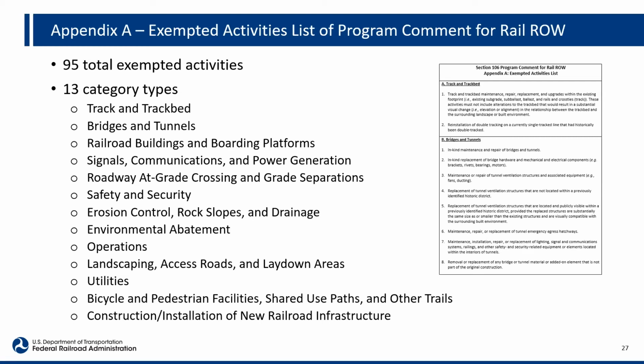These exempted activities generally apply to the maintenance, repair, and upgrade of existing rail properties, which is necessary to ensure the safe and efficient operation of rail operations. It's a list of routine activities that are known to have minimal or no adverse effects on historic properties if they are present. Some examples of projects that are not exempt from Section 106 review would include demolition or replacement of railroad bridges and building new stations or rail lines.